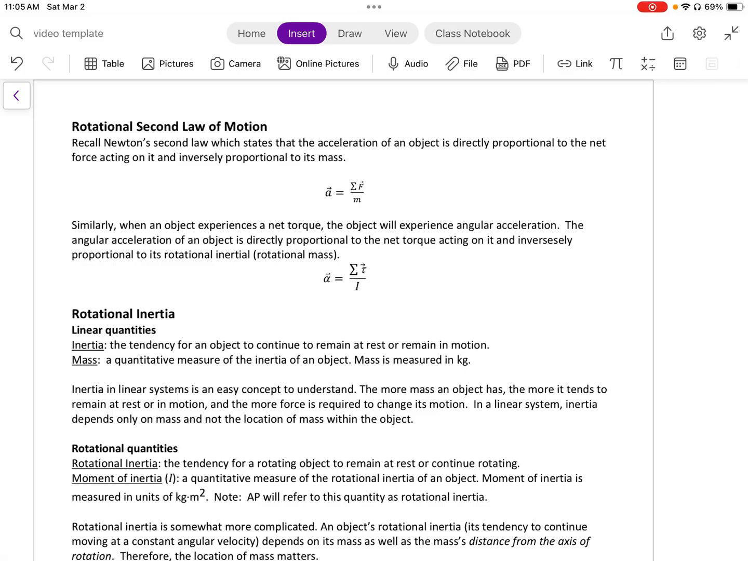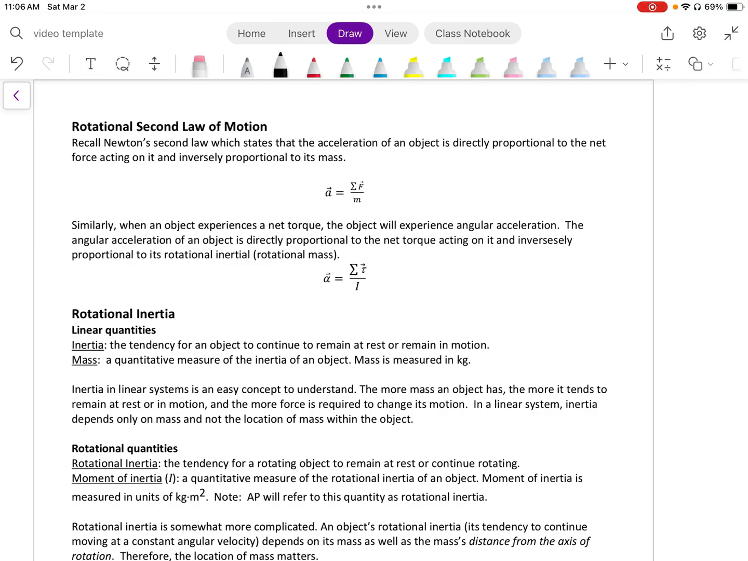This is my lecture video specifically on rotational inertia and also briefly discussing Newton's second law of motion for rotational motion. So let's start. Recall that Newton's second law of motion states that an acceleration of an object is directly